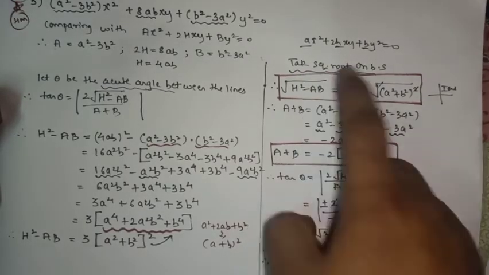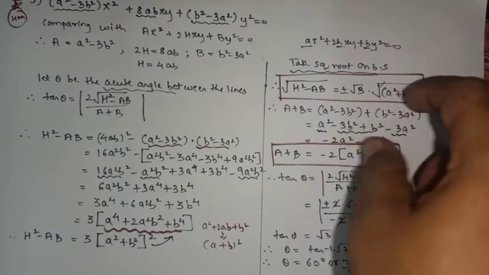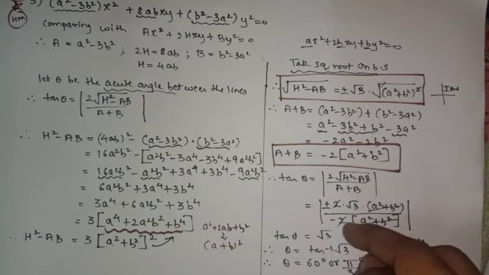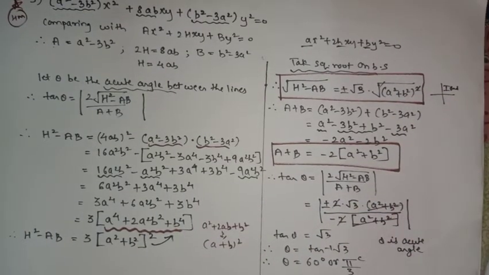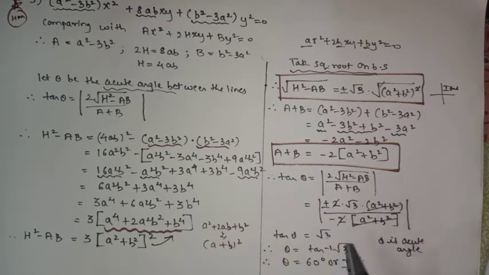Plus minus, as we are taking square root on both the sides, you will get two answers, plus and minus. Okay, you can write directly plus also, because as we know that we have to find the acute angle, it lies in the first quadrant, so all the values of tan theta will be positive. Still I will write plus and minus. Then you will find a plus b. After that you will substitute the value to get a square b cancelled, a square b also. So plus minus, whether it is plus inside the mod or minus, the answer will be positive.